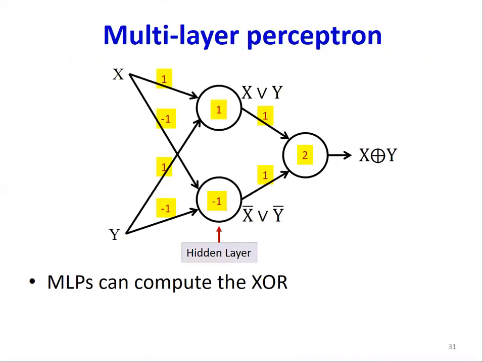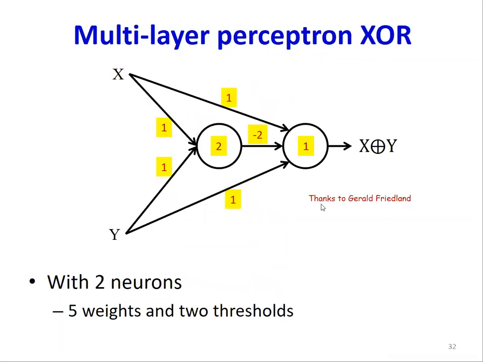In fact, to compute an XOR, we would need a network of such perceptrons. Two of these to compute X and not Y, and not X and Y, and then OR the two. Or in fact, because a perceptron is actually more powerful than a standard Boolean gate, you can compute an XOR using this 2 perceptron circuit. Now I will leave this. This was shown to me by Gerald Friedland. I will leave it to you guys to figure out why this works. It's beautiful, right? And if you can't get it, then I can explain it on Piazza.